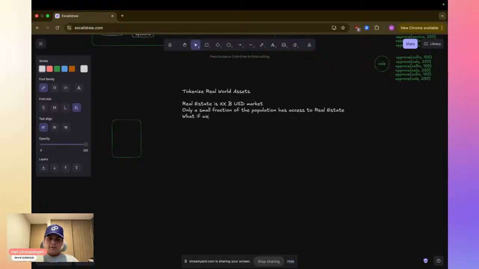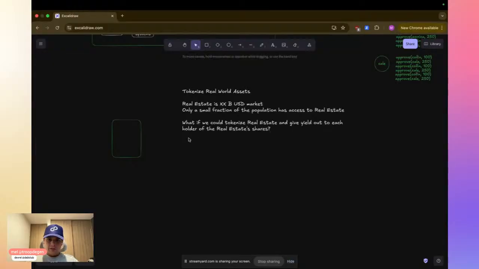So what if we could tokenize real estate and give yield out to each holder of the real estate shares?